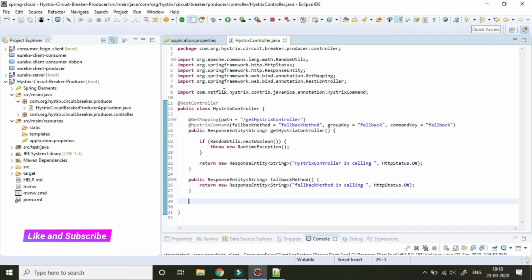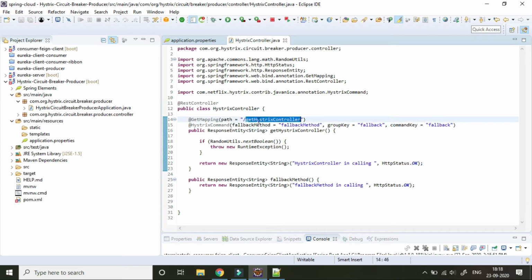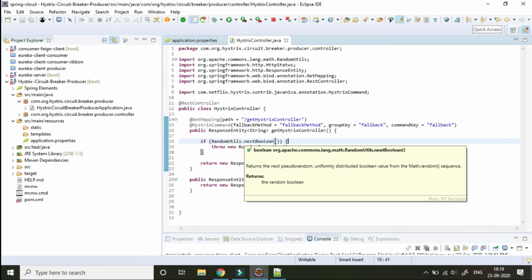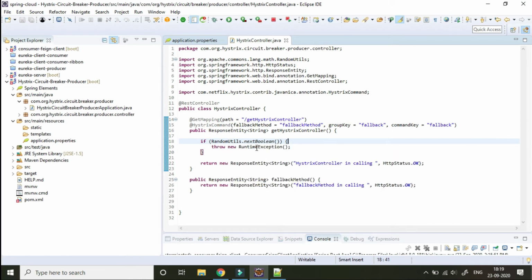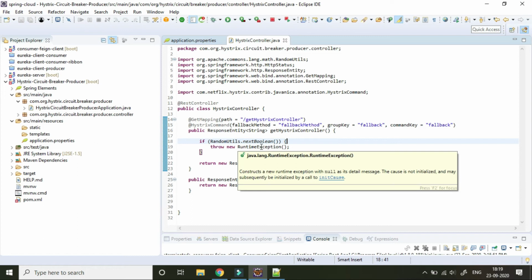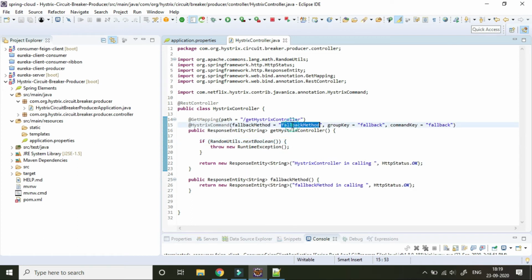So I am describing what will happen. Okay, so first, once we hit this particular endpoint, the call comes into this method, and if the nextBoolean value returns true, then a RuntimeException will be thrown, and once this RuntimeException is thrown, the fallback method will be called, and this response we will get from our consumer.